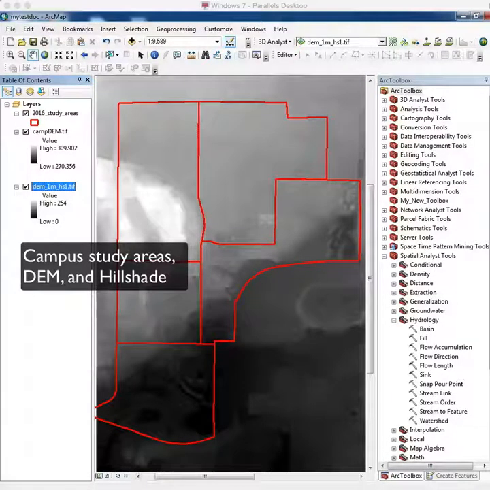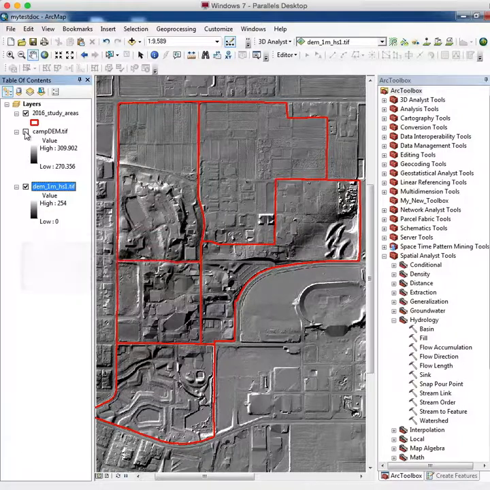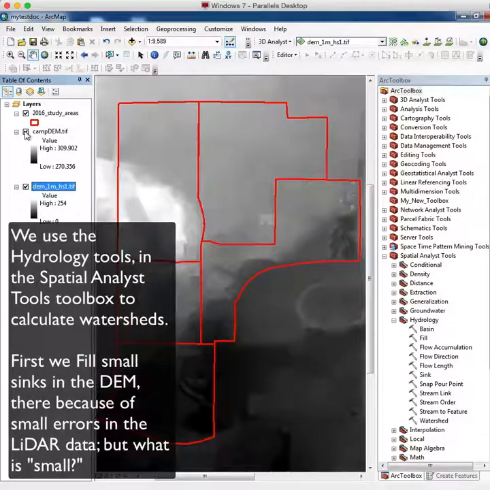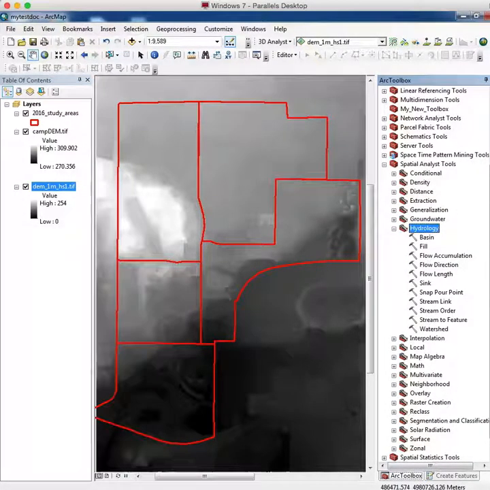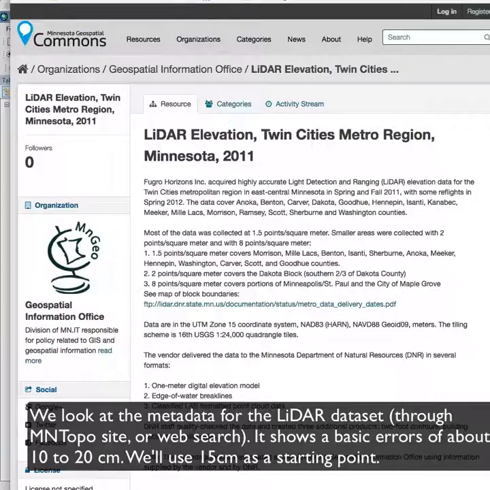Here's a quick review of calculating the flow paths for a data set. Now, you should have done this in the course that's required, but in case you don't remember, we get to the hydrology tools and spatial analyst tools within ArcGIS. And if we look at the metadata for the LiDAR data on the MinTopo site,